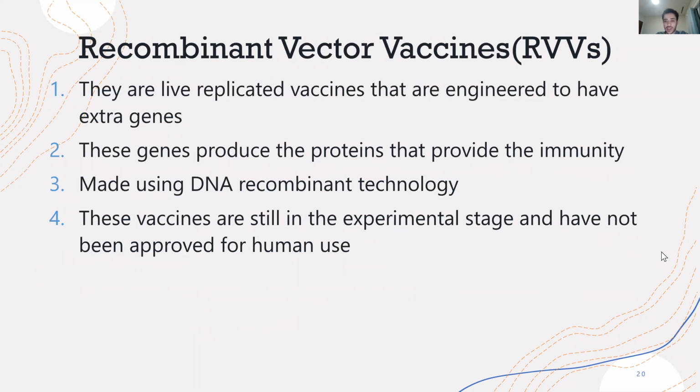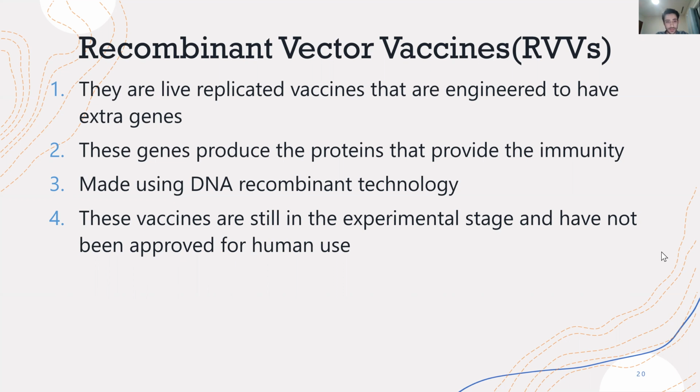Recombinant vaccines are very similar to DNA vaccines, except here they're not grown in the cell, they're grown in a test tube. So they are live replicated vaccines that are engineered to have extra genes. And these genes produce the proteins that provide the immunity. The proteins are then used to make the vaccine. These vaccines are still in the experimental stage, like the DNA vaccines, and have not been approved for human use,